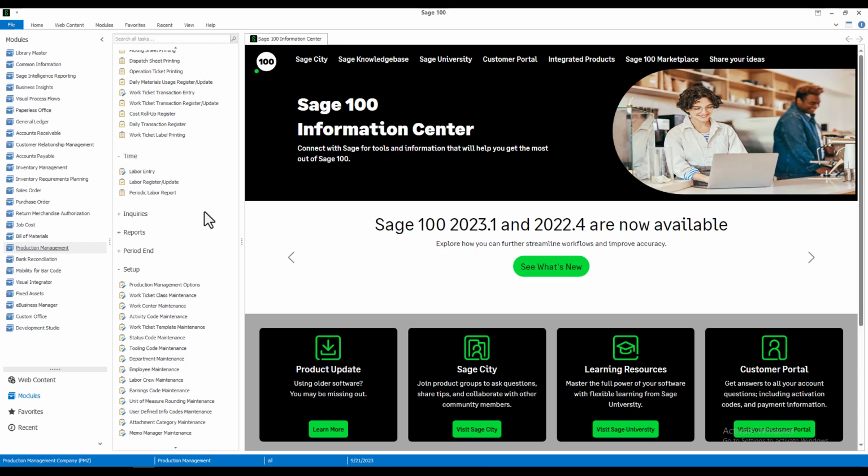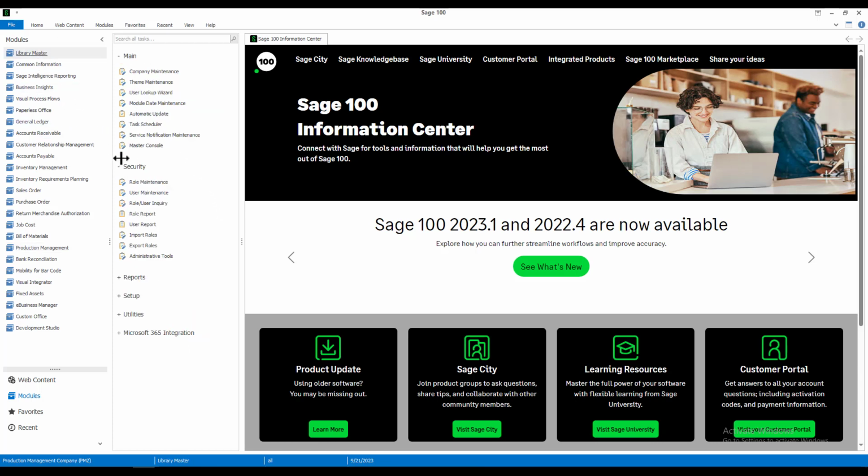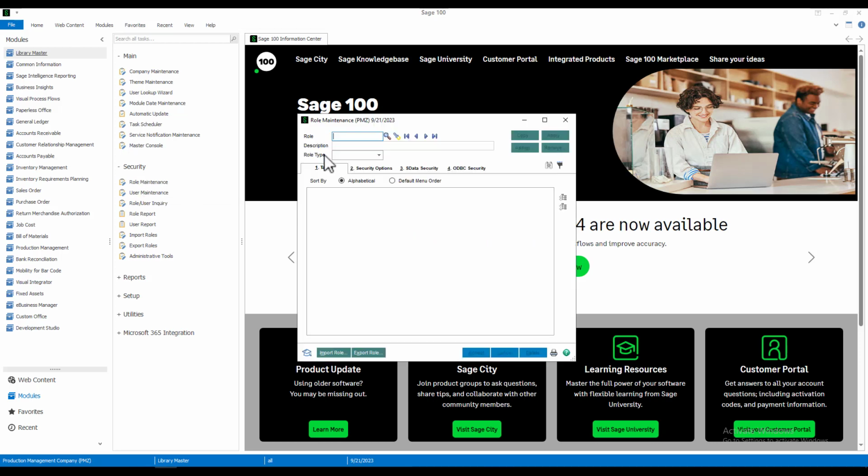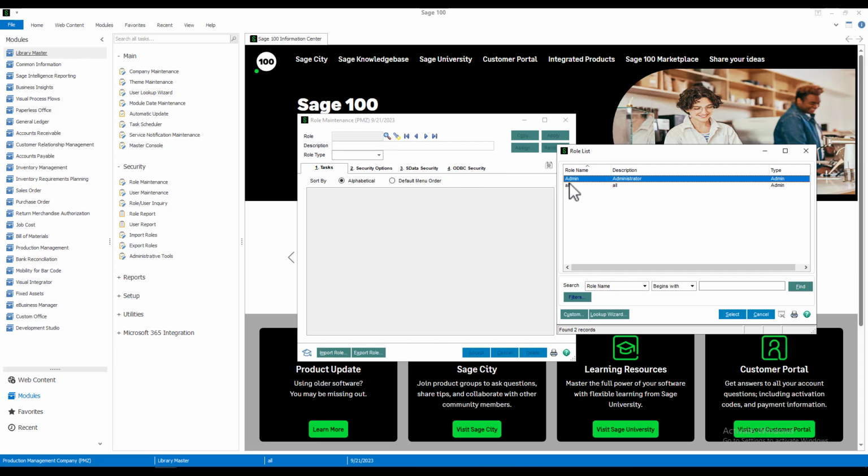This is carried out by allowing for changes to be made to Production Management start and end times, as well as end date field, which are found in the labor entry dialog box. There are two criteria that must be set up for this to work. First, under Library Master, in the Security menu, we have to go to Role Maintenance, pick the role that we want to set this up with,